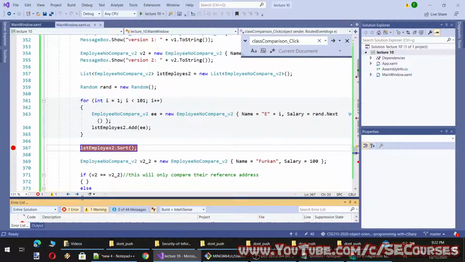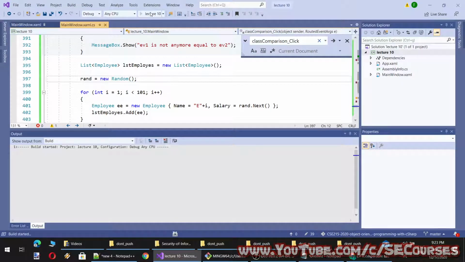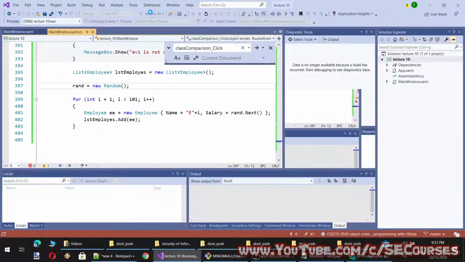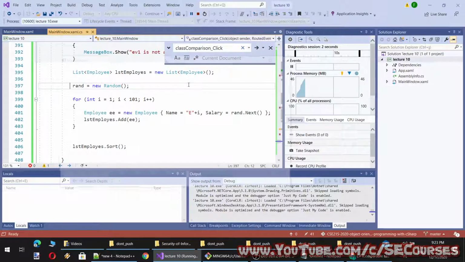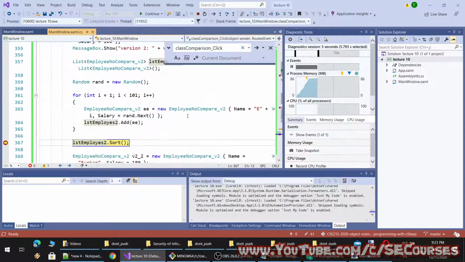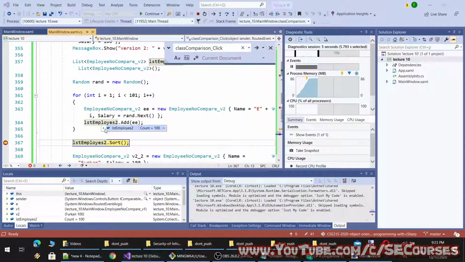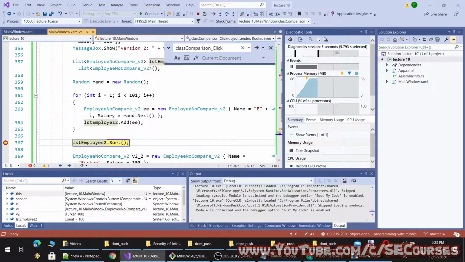Okay, it's already thrown an error. Yeah, it was due to this. Let's rerun. Okay, so our first list is like this. These are their values. You see they have random order right now. And let's see the sort method result.